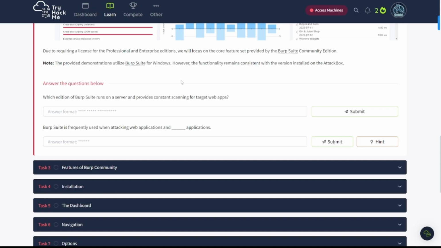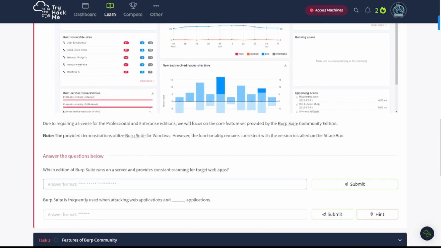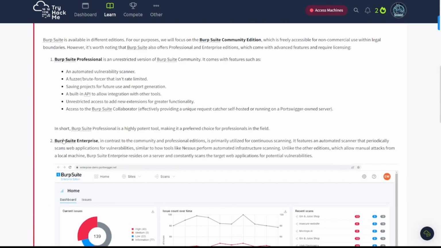The provided demonstrations utilize Burp Suite for Windows, however, the functionality remains consistent with the versions installed on the attack box. Which edition of the Burp Suite runs on a server and provides constant scanning? Well, that was the enterprise version as we saw up here, so it's going to be Burp Suite